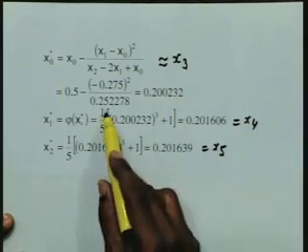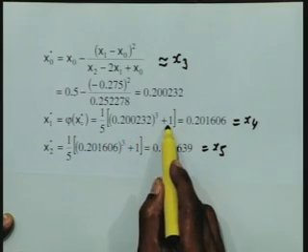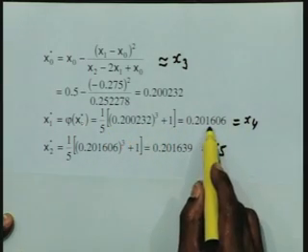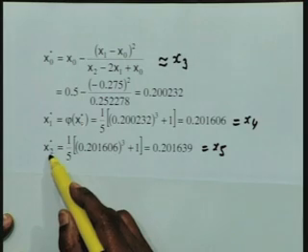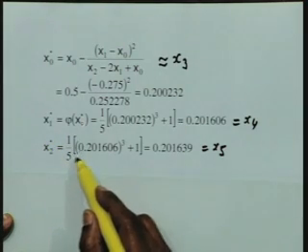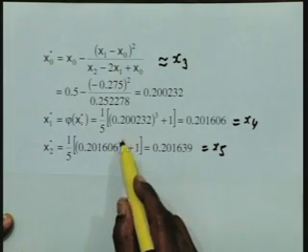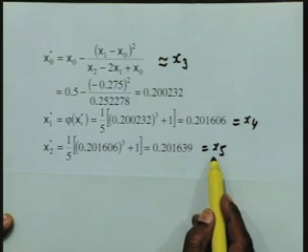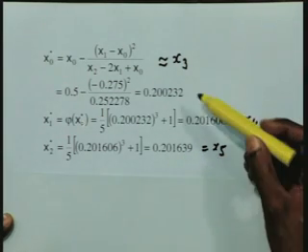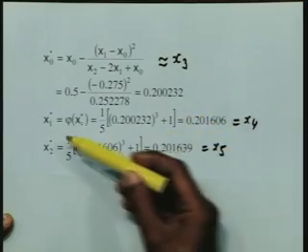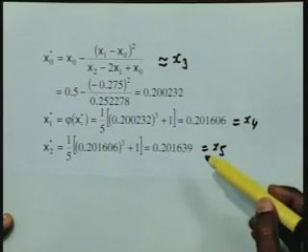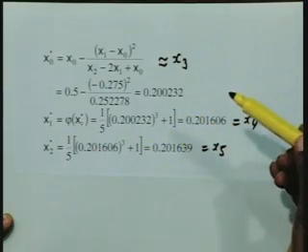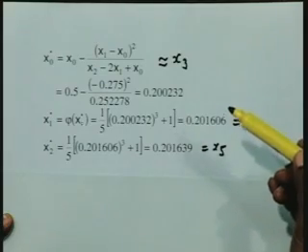Now, I substitute this, 1 upon 5 x cubed plus 1. So, I have a value x4 as this. Then I proceed further, x2 star is 1 by 5 into 0.201606 whole cubed plus 1. So, I compute this as x5. Now, this is the updated value. Now, I computed two values x4 and x5. Now, we are ready for the next Aitken's acceleration convergence application.